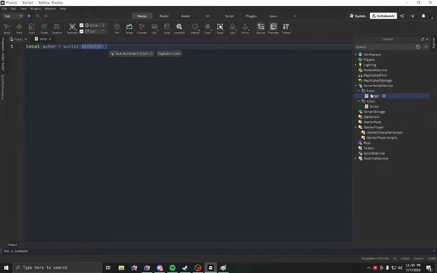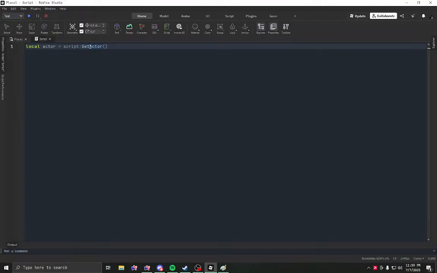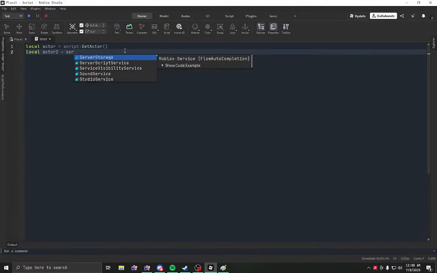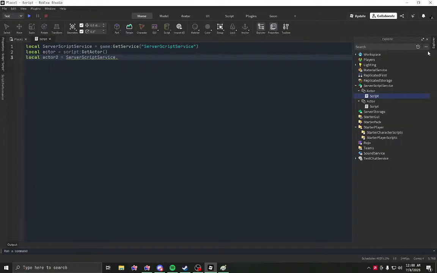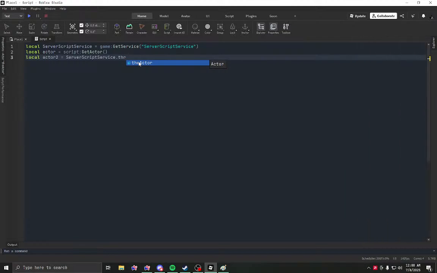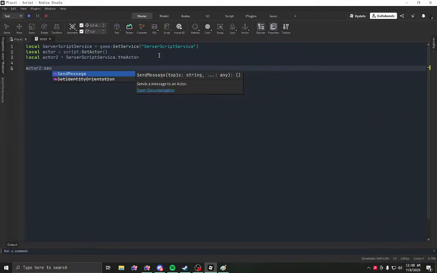If the script is the child of an actor, you have this, returns the actor associated with the instance, if any. And actor2 is ServerScriptService.Actor. Actor2 SendMessage